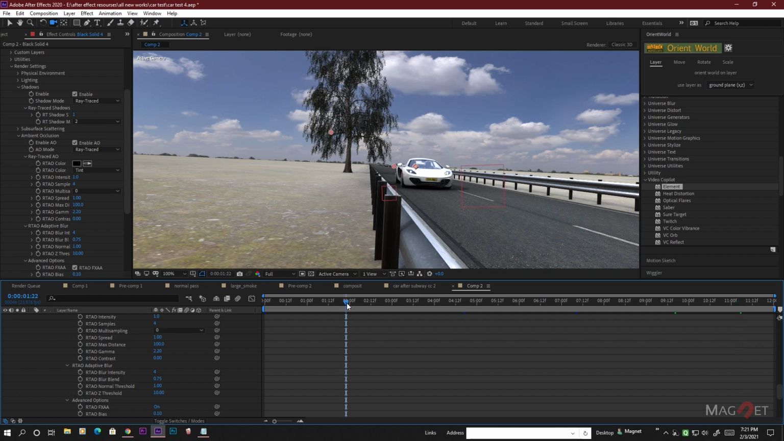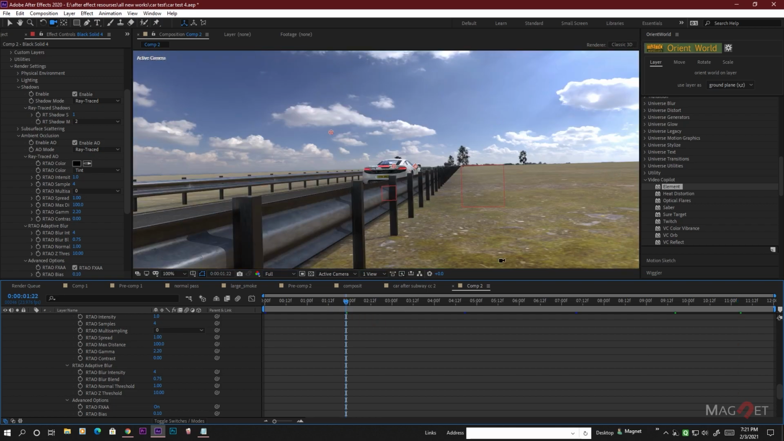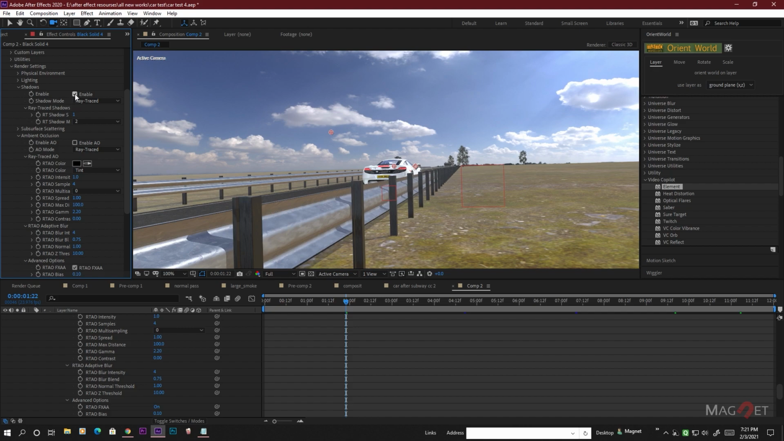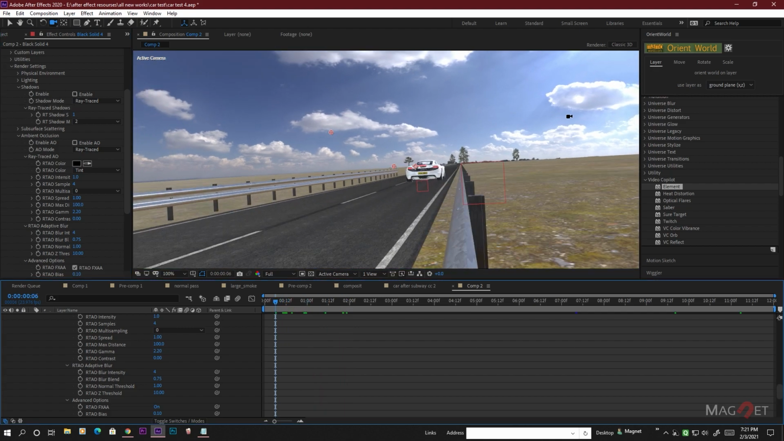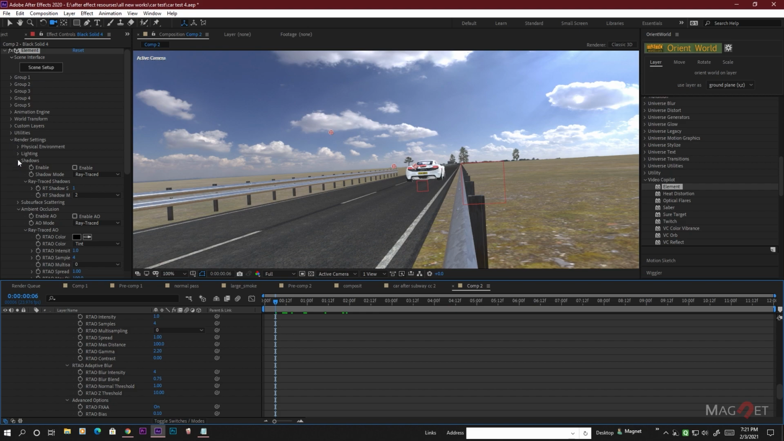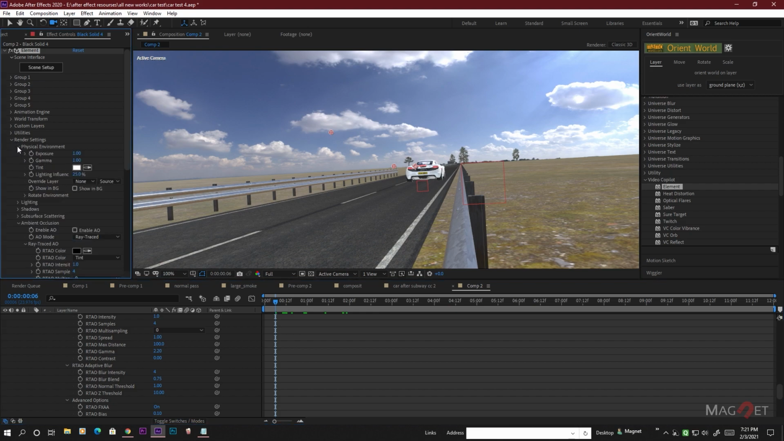You can also change the sun position by rotating your environment. So maybe for now we disable our ambient occlusion as well as the shadow. Maybe we want our sun to be somewhere on the left side, so that will look nice for this scene. So we first go to the scene setup,